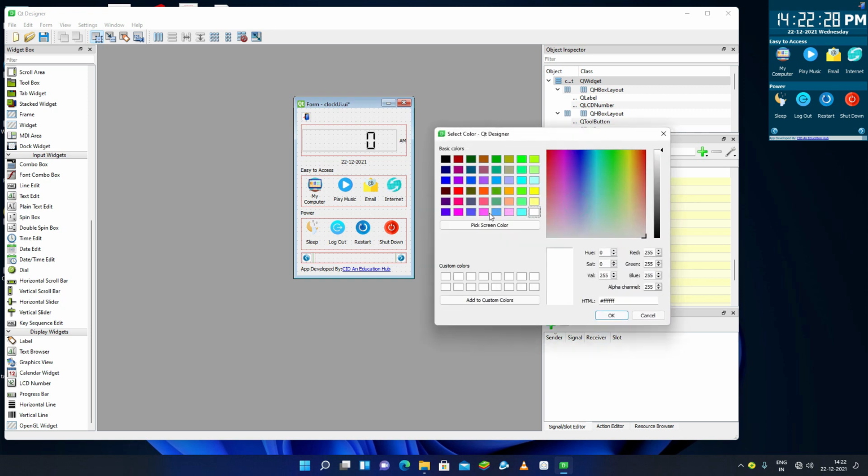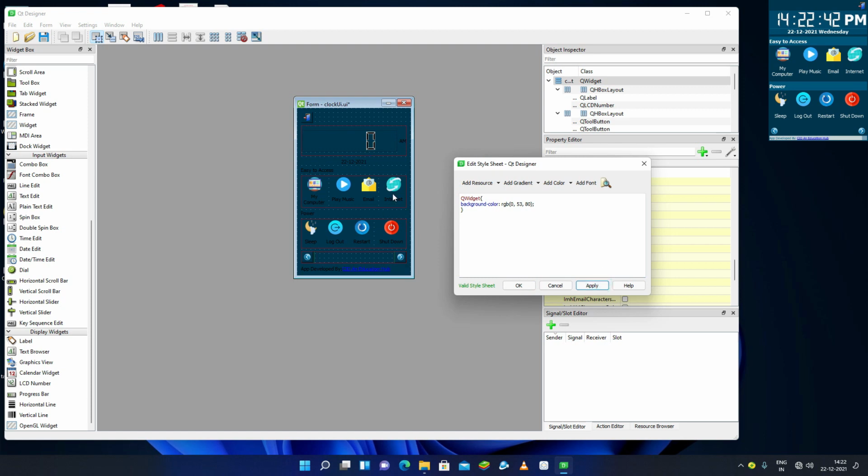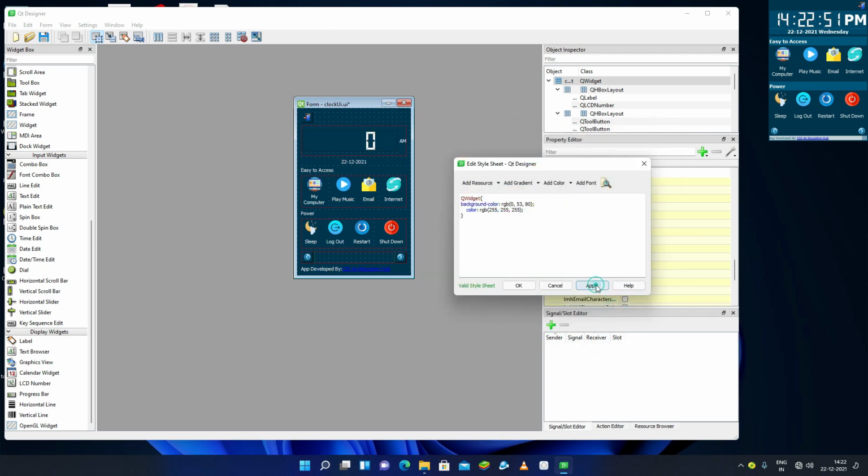The background color will be, pick the screen color same as our previous one and click OK and apply. Sorry, it will not be here actually, it will be under the curly brace. So apply. Now it is applied. Now I can change the font colors. So I can select the color here and select the white color. Now apply. So these are now in white color.